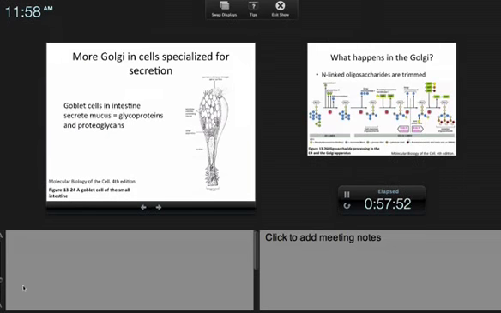Okay, so another thing to think about when you're thinking of organelles and cells. Remember, cells aren't all the same. They're different types of cells that do different things, and they're going to have different amounts of different types of organelles. So, for example, goblet cells in the intestine are specialized for secretion. They secrete mucus,